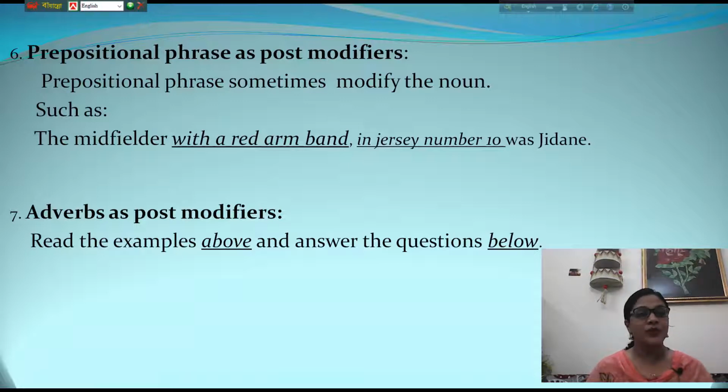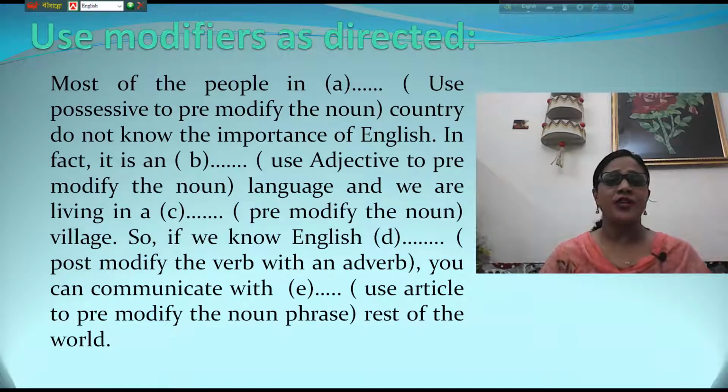I discussed pre-modifiers and now I discuss post-modifiers. If you follow these rules and understand these definitions of modifiers, pre-modifiers and post-modifiers, then it will be easy for you to solve the question. Now I set a question for you, which is the structure in which way you can get